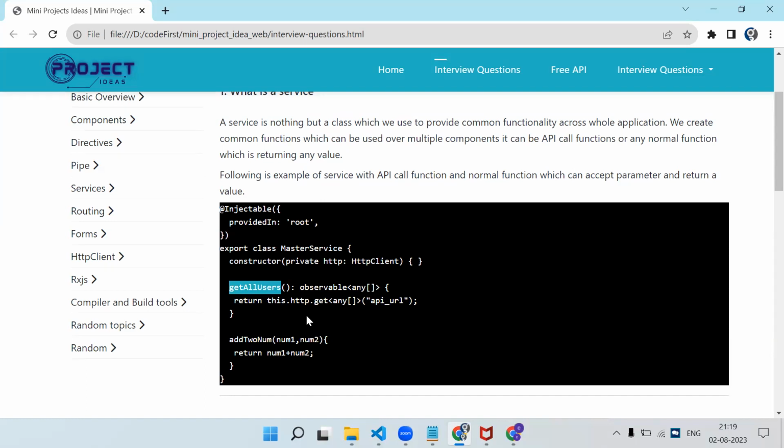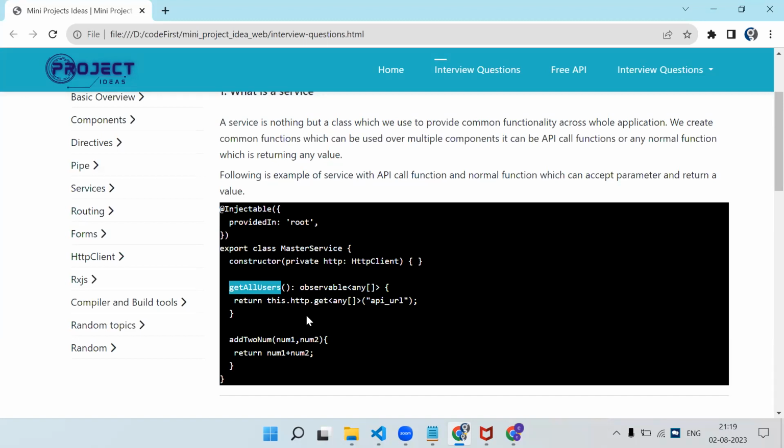First thing, reusability, right? You don't have to write the API call code in all the components. Second thing, consider that in all the 7 components, you have written the normal API call. If the backend developer has changed the API URL endpoint, then you have to go to all the 7 components and change that. There it involves testing and everything. All the testing you have to do again and again, for all the 7 components.